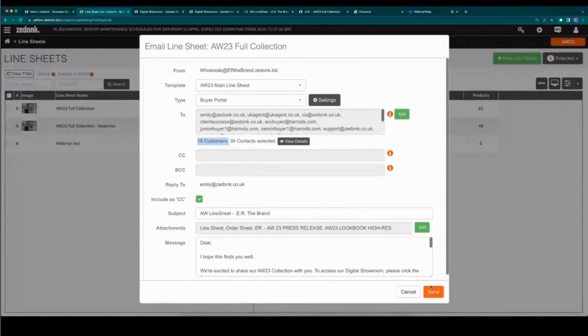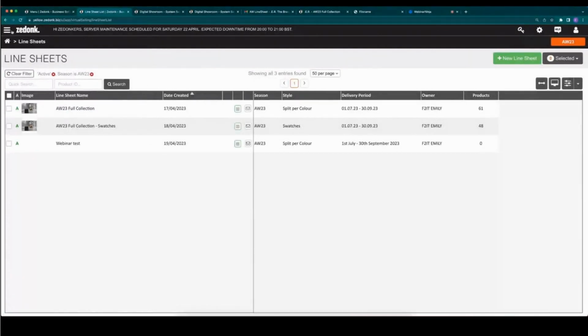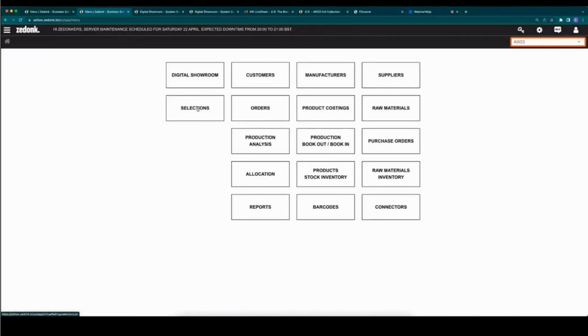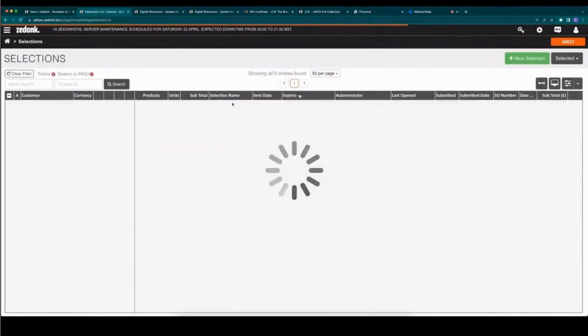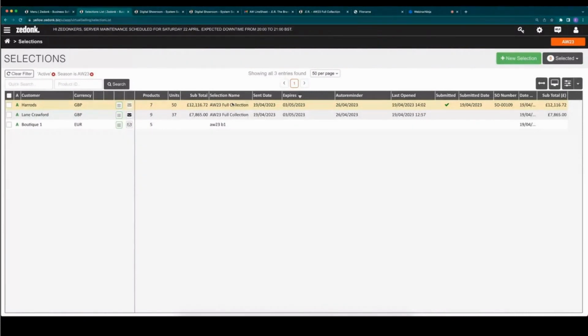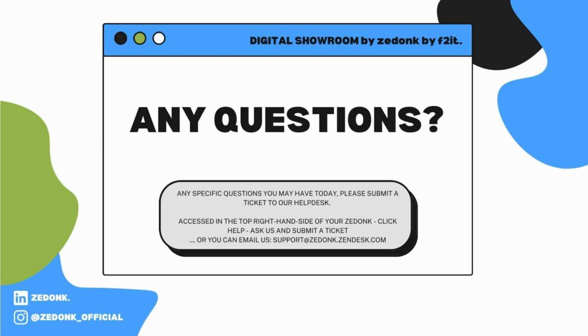Then all you need to do is press send, and that will generate those selections here for you to kind of track and monitor, and then hopefully receive those converted orders back through the portal. I believe that is everything from me. I think I've talked plenty. So I am going to stop sharing my screen.